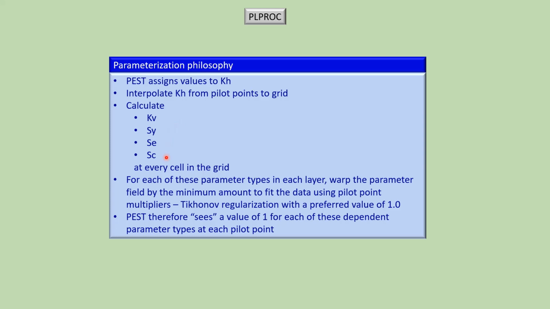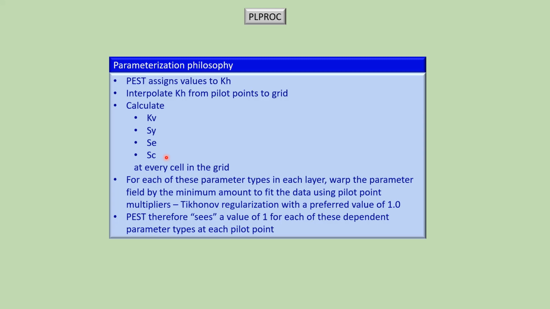They could be perturbed through multiplication by the minimum amount required to fit the calibration data set. Tikhonov regularization was employed during the inversion process, as it should be, so that perturbations from these regression relationships were only as much as was required to allow a good fit to be attained with the calibration data set. So KH was estimated,